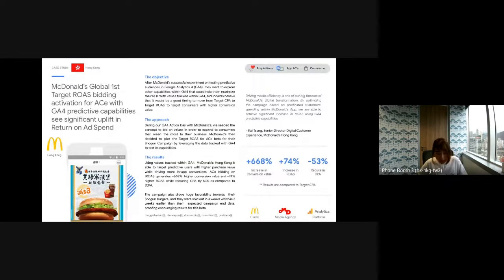So for McDonald's, they set up the app campaign for engagement to bid on in-app purchase and target those predicted audiences, like those who are most likely to purchase in the next 7 days. The result is very encouraging and very exciting.